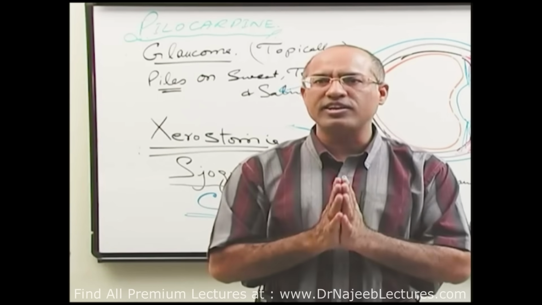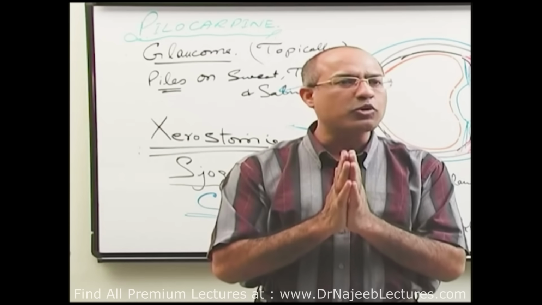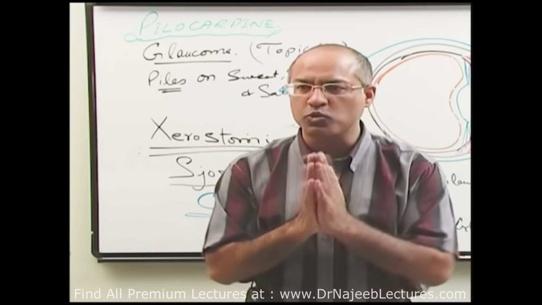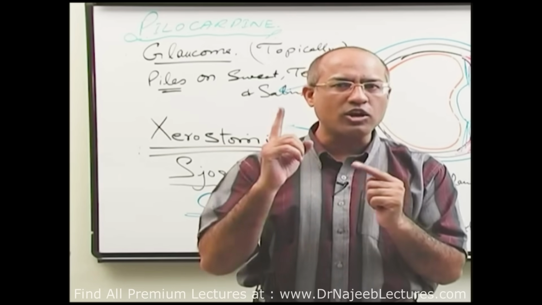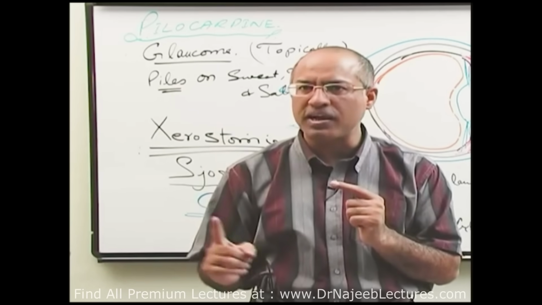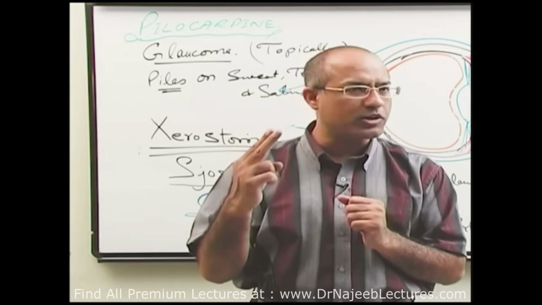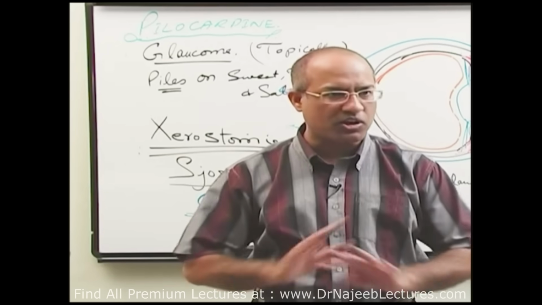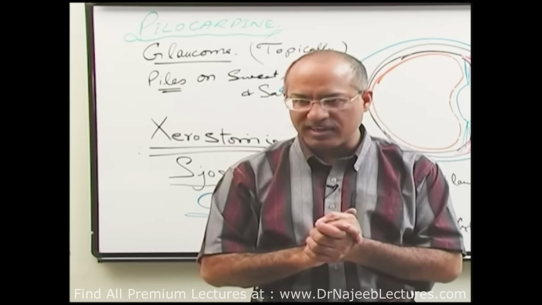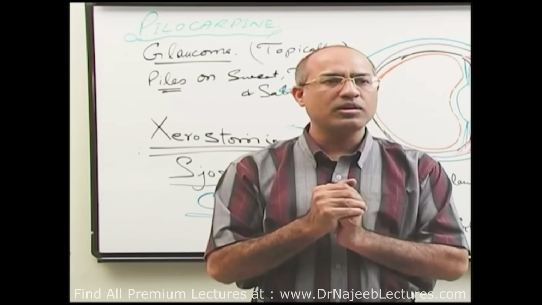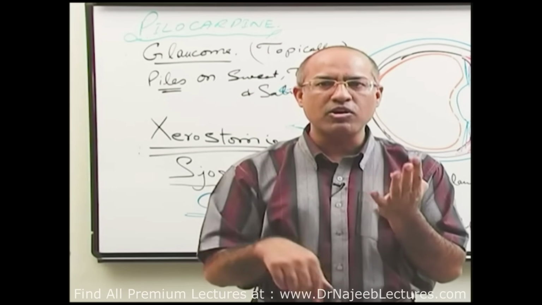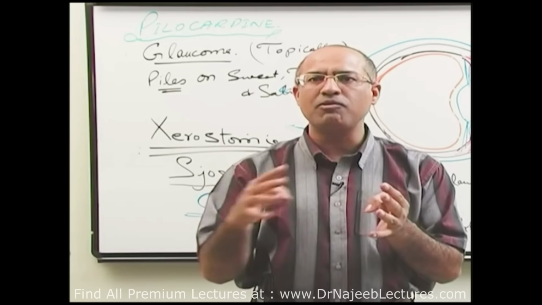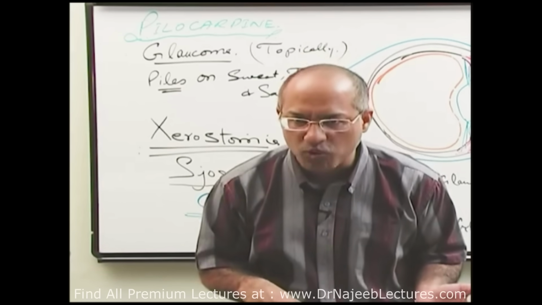In direct-acting cholinergic drugs, I said acetylcholine is not commonly used as a drug, right? Why? Number one, it has a short duration of action. It is rapidly destroyed by cholinesterases. Number two, it has a diffuse action all over the body, no selective specific actions, right? Then I will talk about Bethanechol. Bethanechol and Methacholine and Carbachol and Pilocarpine, all of them have longer duration of action as compared to acetylcholine.